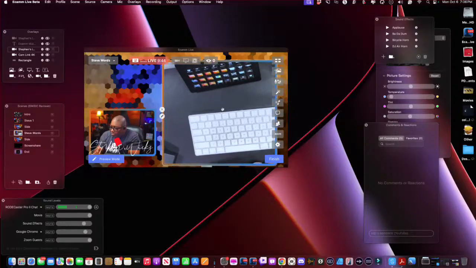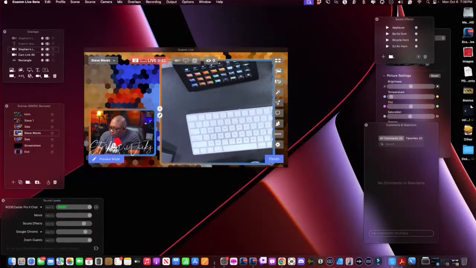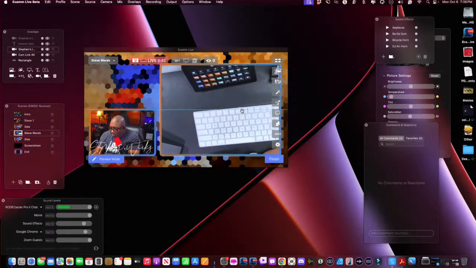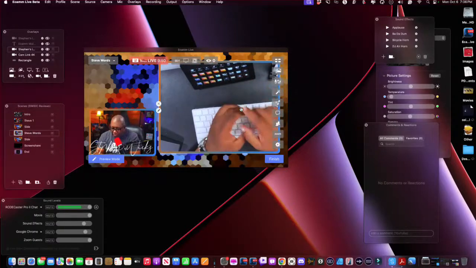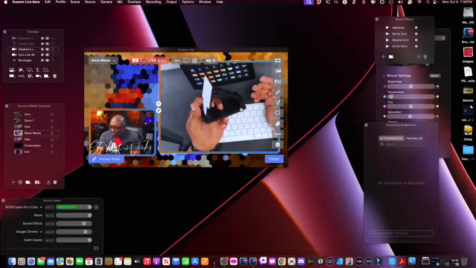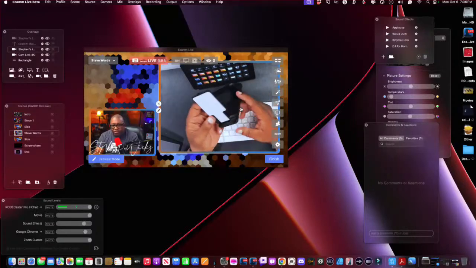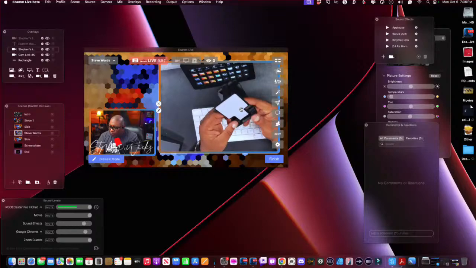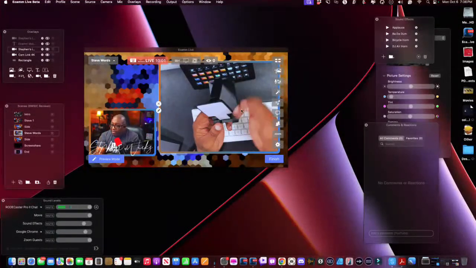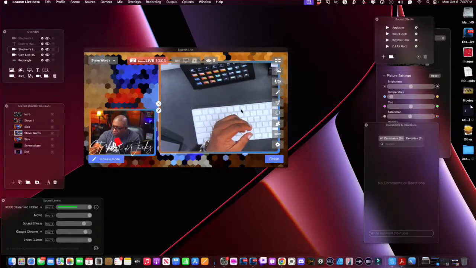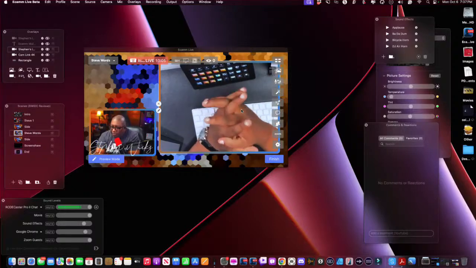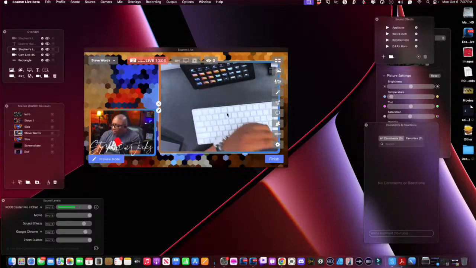Ecamm is just a really cool tool. And so, of course, if you had your overlay and you wanted to show off things that you have here on your desk, if you wanted to talk about different products or show how things work, you can do that with the overlay. If you have a camera up there, that will do that for you. So just a lot of different things you can do. This is actually a camera back over there. I've got a camera set that's back there.